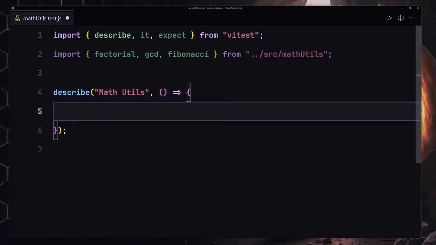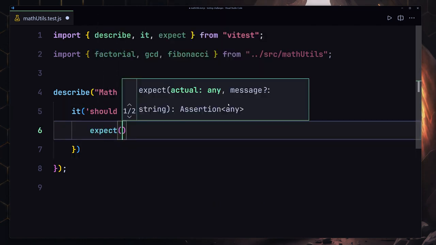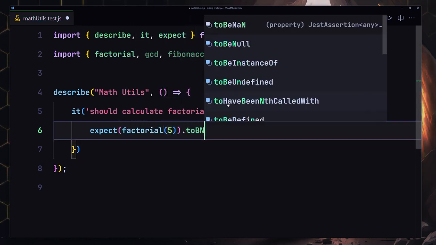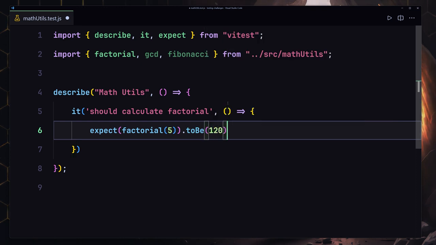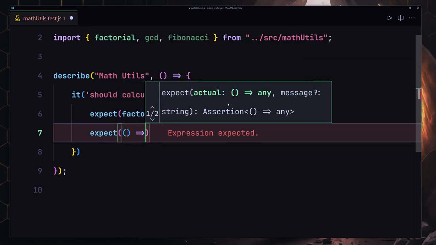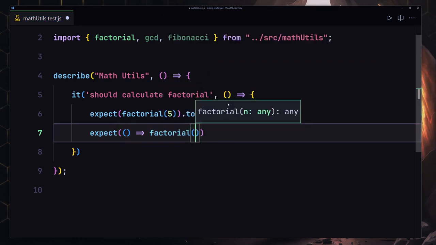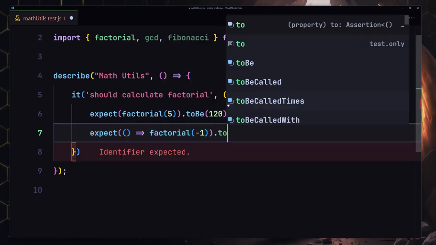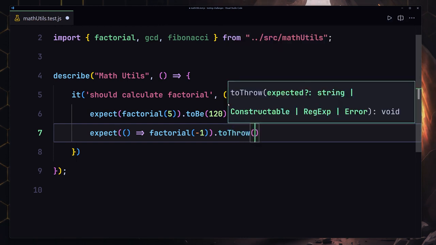and I'm going to be providing my first test case, which will be like it should calculate, and here we are going to be providing our expectation. So let's just pass our factorial to there, and if we specify 5, we want the result to be 120. And now let me provide another expectation, like if we got some sort of error. So I'll just use factorial once again and provide my -1, and we want to throw a new error. So let's just use toThrow, and here we are going to be passing number must be,